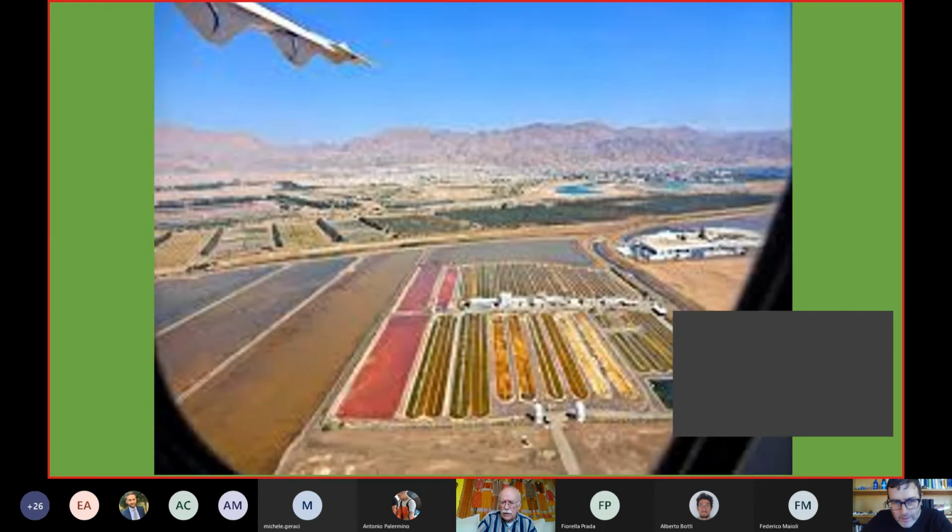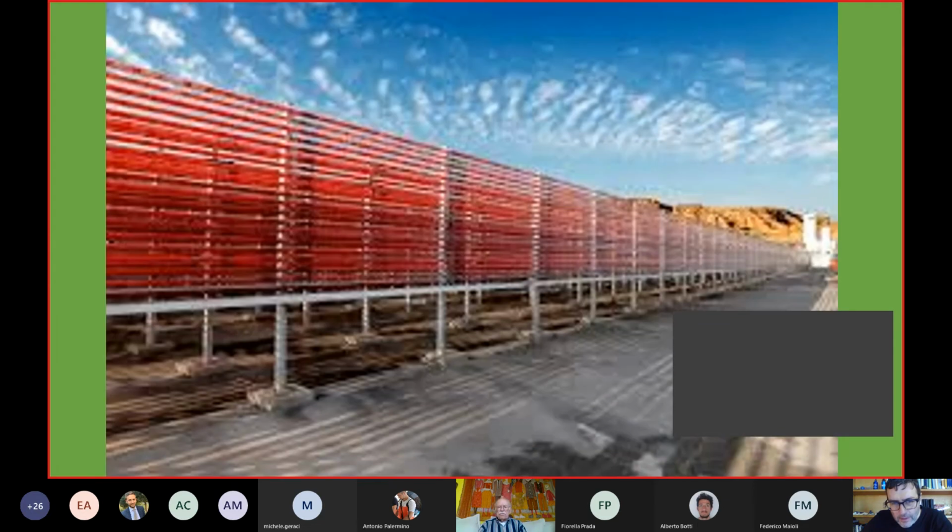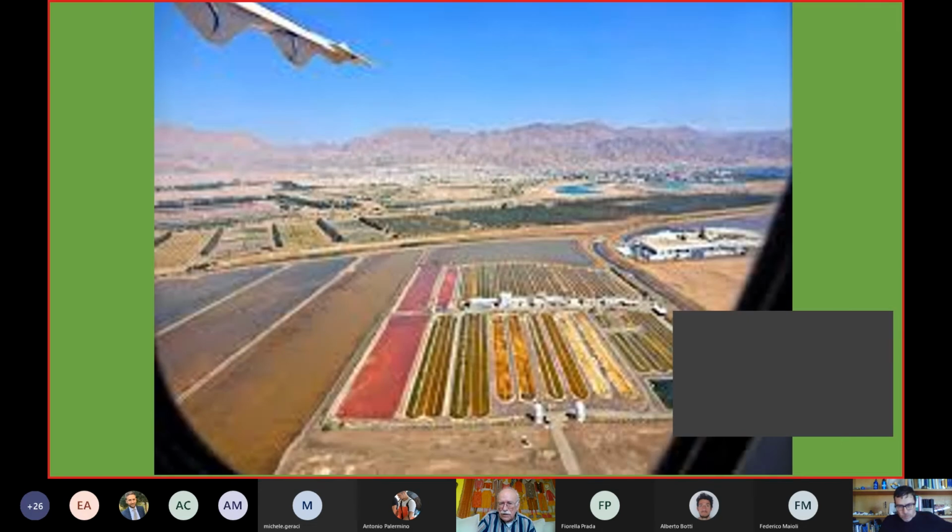I also have a comment on these pictures, that you see some clouds. Maybe that's the only time in history that there were clouds, because there are almost no clouds there. It's impossible to see clouds in the south, like in the Negev desert. So these are very peculiar pictures. Yes, but still, the average rainfall is about 50 millimeters a year, which is an extremely dry desert.